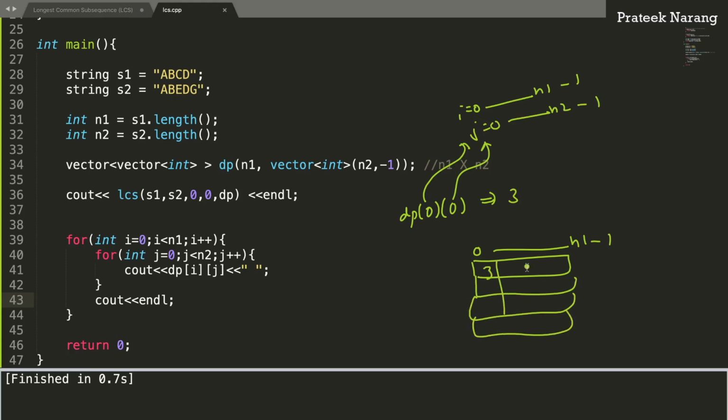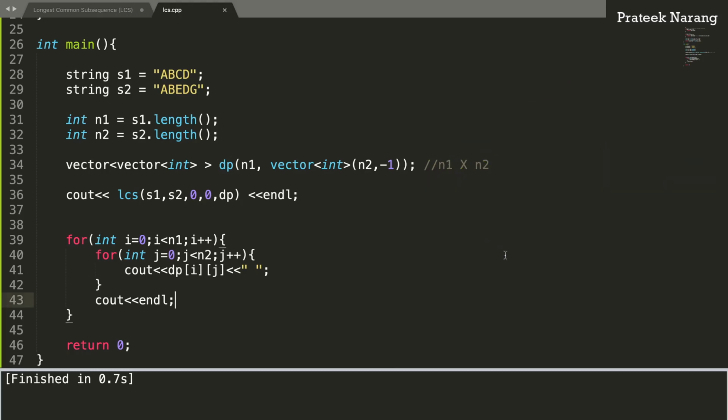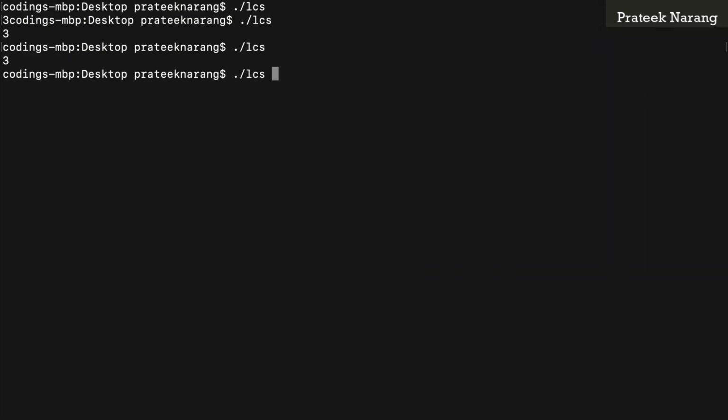And similarly, if the string is something like this, a b c d and a b e g d. So for this subproblem, if we have a and a match, we just take 1 plus the remaining answer. So for this particular problem, this is i equal to 1, j equal to 1, so this is 1 comma 1, so this answer should be 2. So we should have bd, that is a common string, so this answer should be 2. Similarly, you will have some values minus 1 and so on. So let's see what we get in this particular vector here.